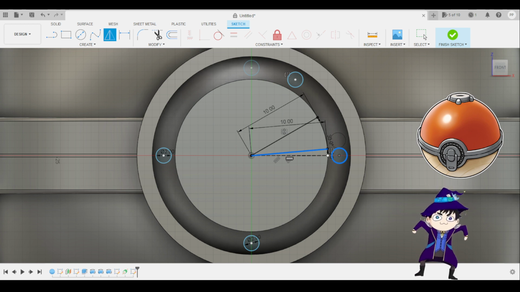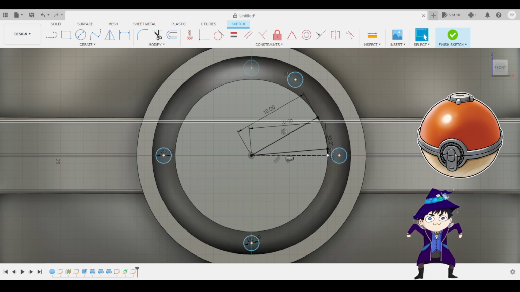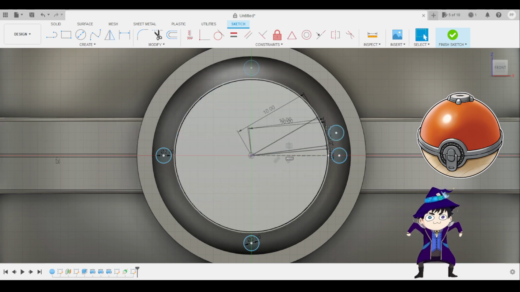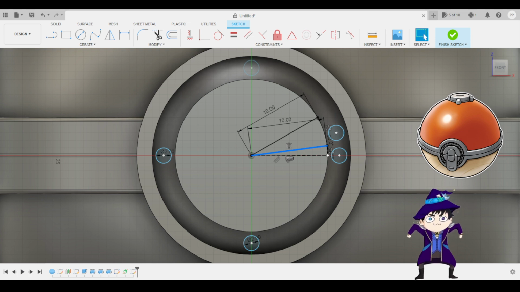Okay, so 30 is a no-go. But 30 divided by 2 is okay. Let's try that. I think that's actually not too bad. What was this? 15 divided by 2? If I do a line at 15,